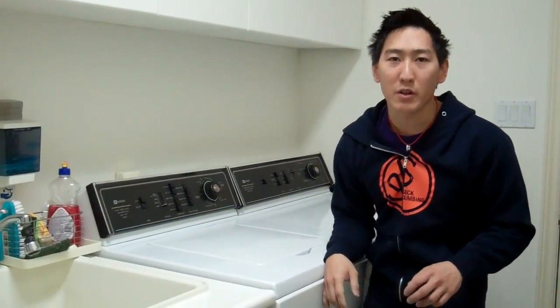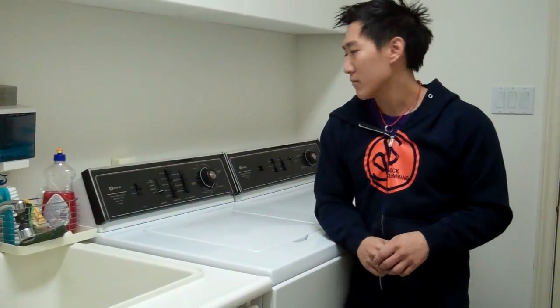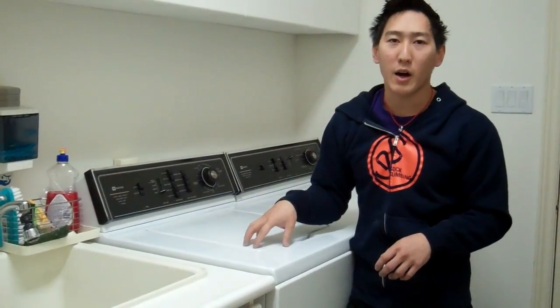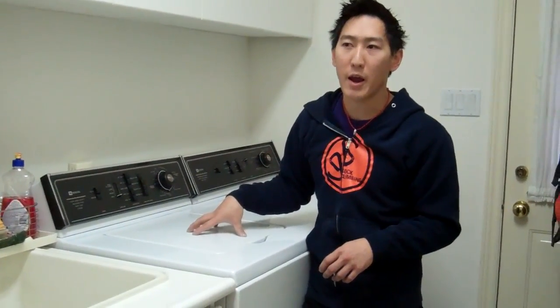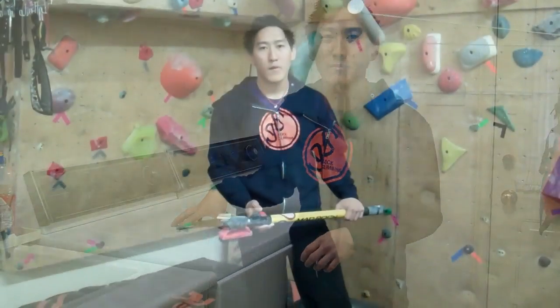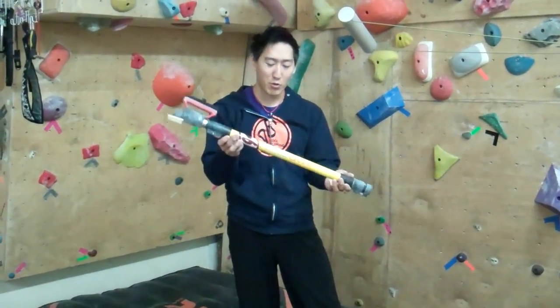This is going to take probably a little bit. I'm going to stop this. It's going to take a little bit to wait, but basically put it through a whole wash cycle, and yeah, wait. So while we're waiting for our shoes to wash, I'm going to actually go through one of these things